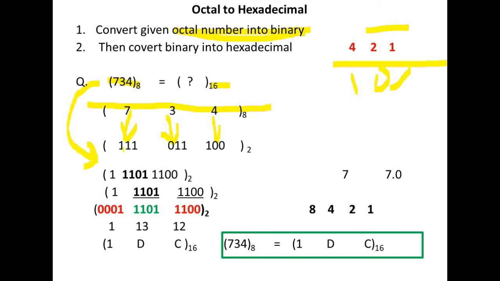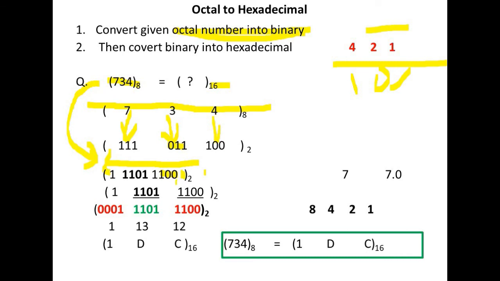Now we have to convert this binary number into hexadecimal, and we know how to do that. We have to make groups of 4 digits. So here we have the number 111 011 100. Write this number and now start grouping in 4 digits. We have told you that we have to start from the decimal point. Here no decimal point is given, so it would be at the right end, which means we start from the rightmost position and group in this direction.